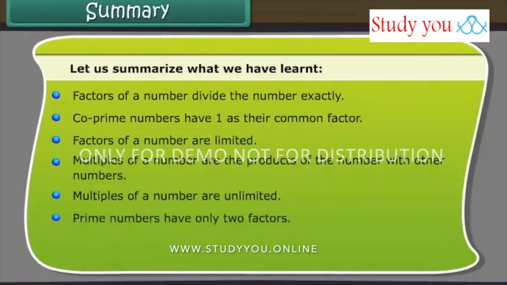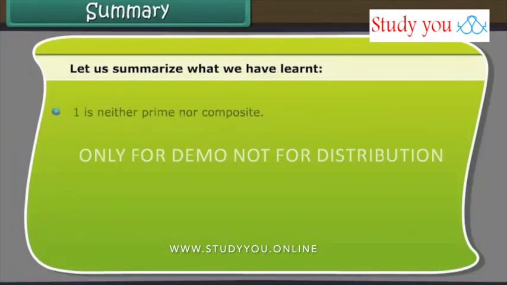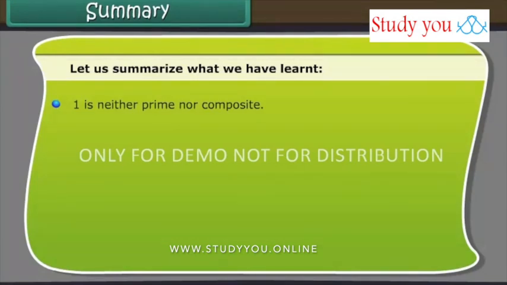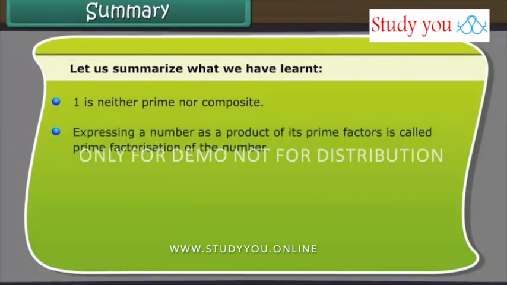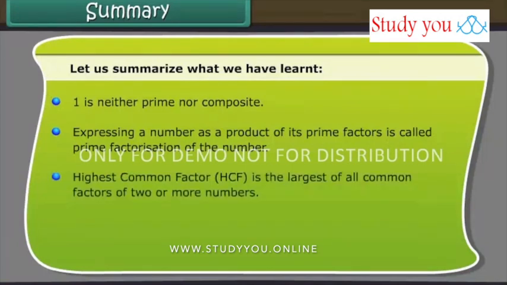Prime numbers have only two factors. Composite numbers have more than two factors. One is neither prime nor composite. Expressing a number as a product of its prime factors is called prime factorization of the number. Highest common factor, or HCF, is the largest of all common factors of two or more numbers. Lowest